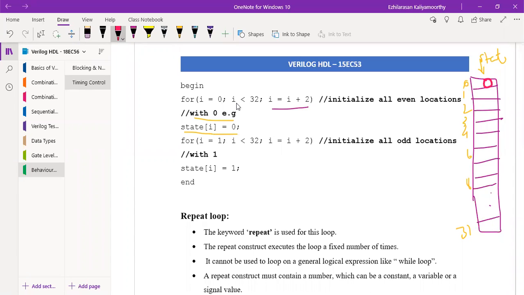Next, what will happen? i will be equal to 0 plus 2, then i will be 2. 2 is less than 32? Yes. Then again state of 2 is 0. Next is state of 4, next is state of 6, state of 8. Like this, all the even locations we are